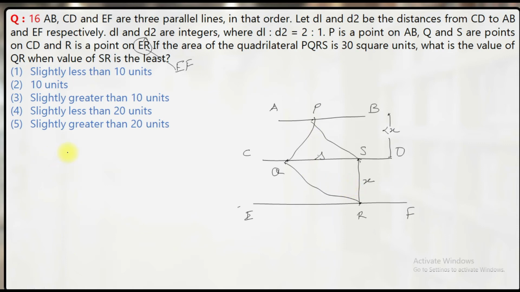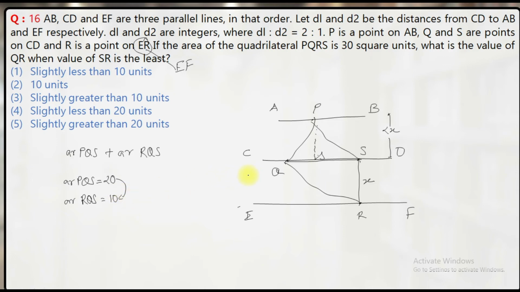So can we say area of PQRS must be equal to area of PQS plus area of RQS. And what is the area of triangle? It's always half base into height. So base for both the triangles will become QS. And we also know that this height is 2X and this is only X. So indirectly I can say that area of PQS must be equal to 20 because its height is double, and area of RQS must be equal to 10. That's why their sum is given equal to how much? 30. Fine.